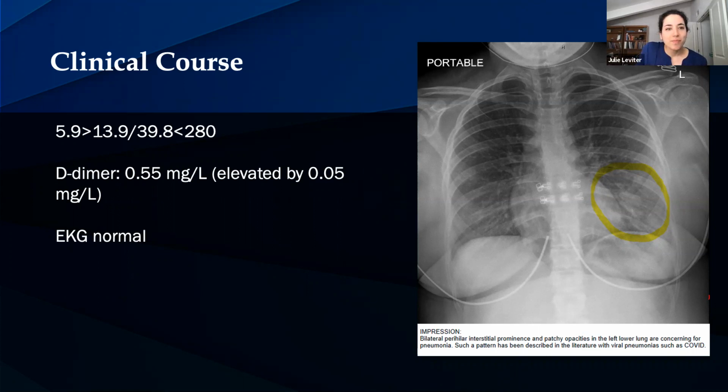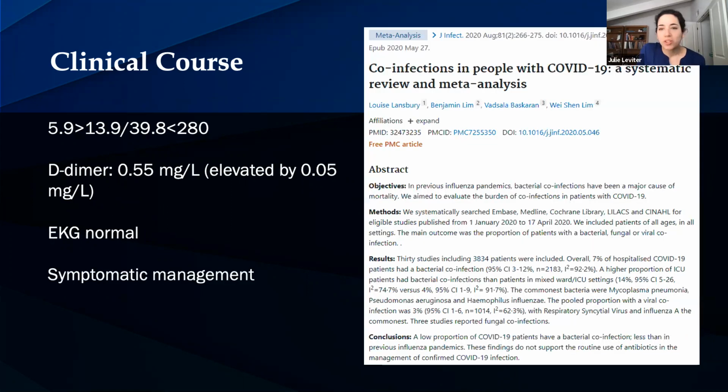So we were just curious about the incidence of bacterial co-infection with COVID pneumonia. And there's actually a meta-analysis that was published recently, as all of this COVID literature is. And it found a low incidence of bacterial co-infection in hospitalized patients with COVID-19, so 7%, which is less than is even seen with the flu. But needless to say, based on